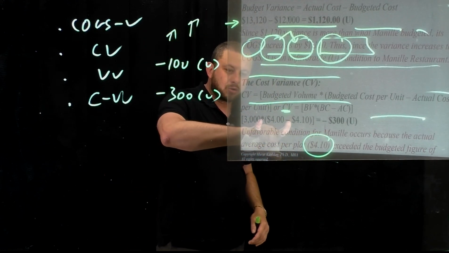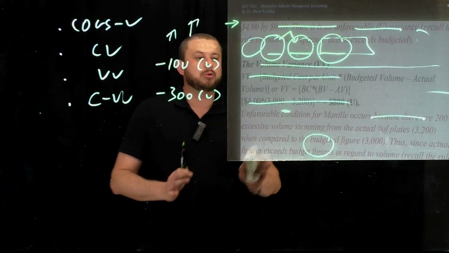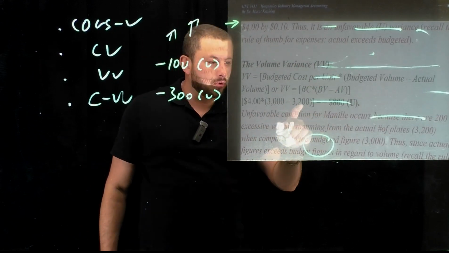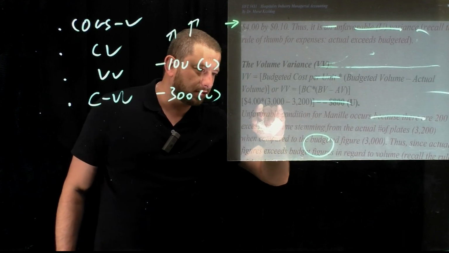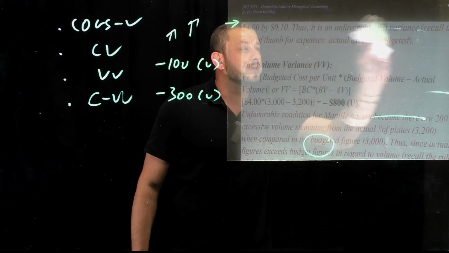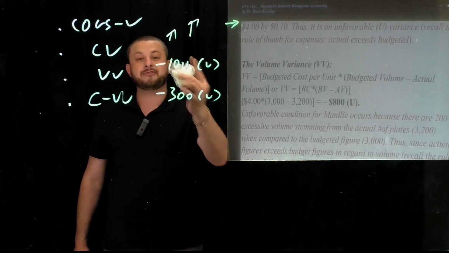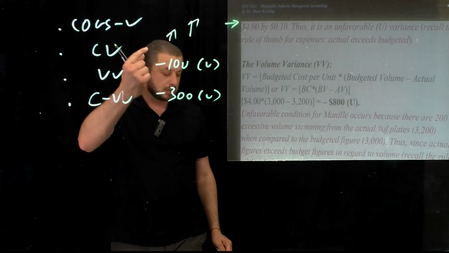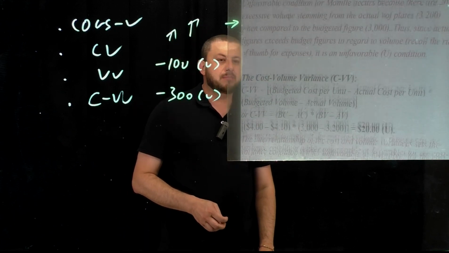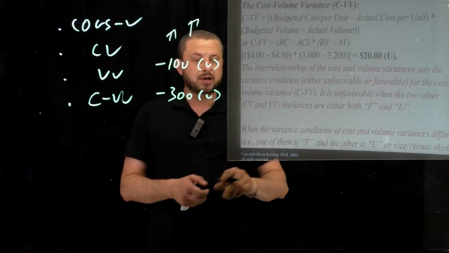That is exactly why the unfavorable condition in cost variance is affecting my unfavorable condition for volume variance as well. Meaning selling more, 3,200 compared to 3,000, is not benefiting me. It is actually costing more. How much? By $800. That is exactly why I have to go back and fix the cost issues in food plate production. When I combine them together, the cost and volume variance, this is the equation right here.